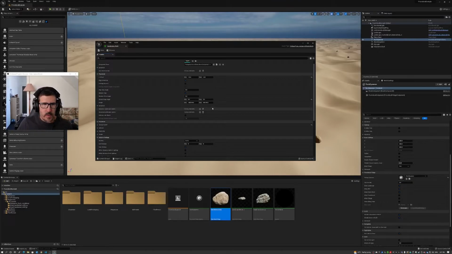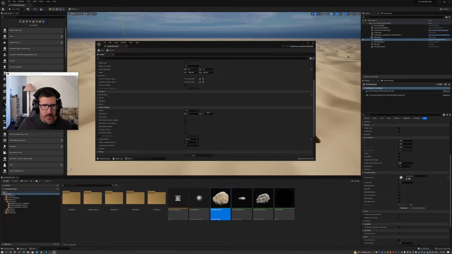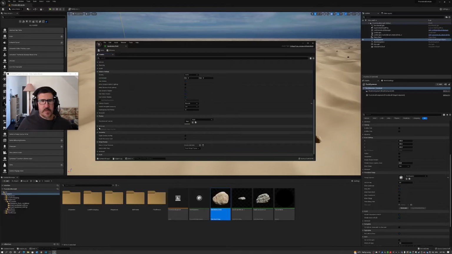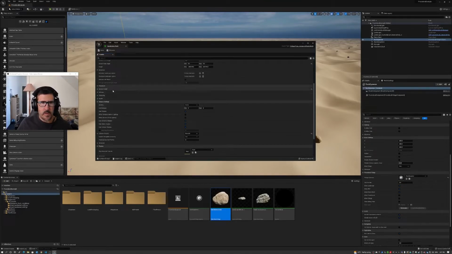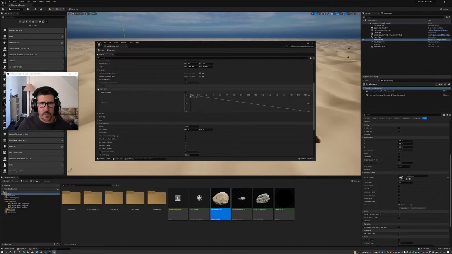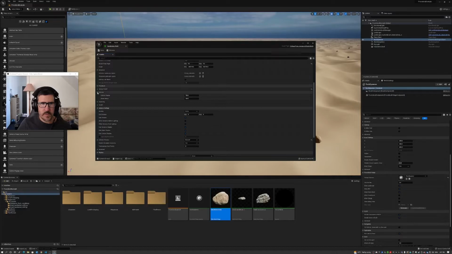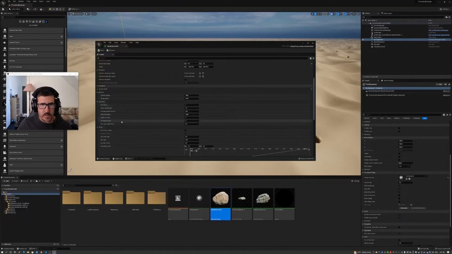Nope. That's for the collision, so they don't stick together. Where is the weight system gone? There is a weight system, so you can increase or decrease the amount that it spawns on the surface in relation to the other objects. And if you're spawning trees and such, there are a lot of settings here for density, falloff,